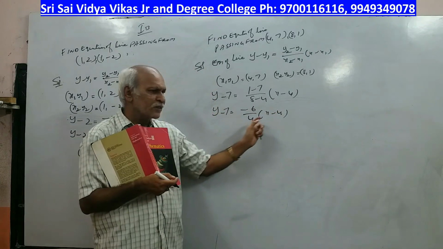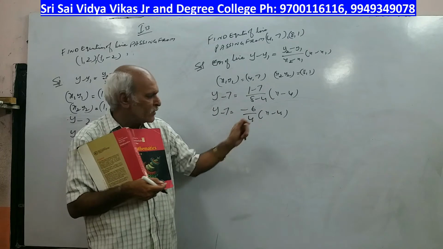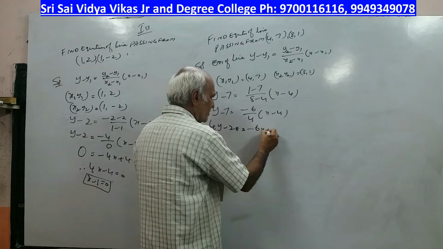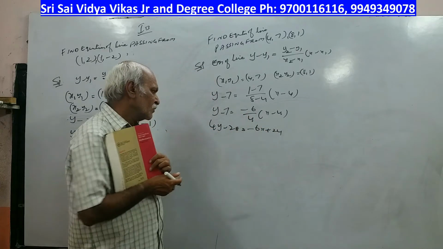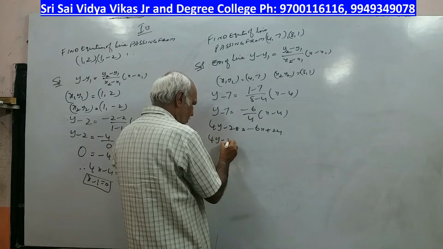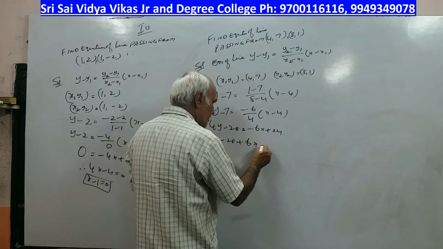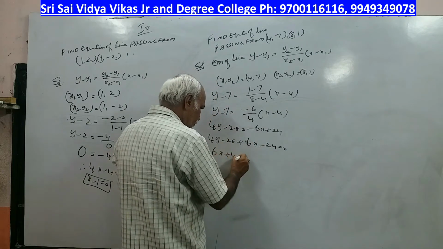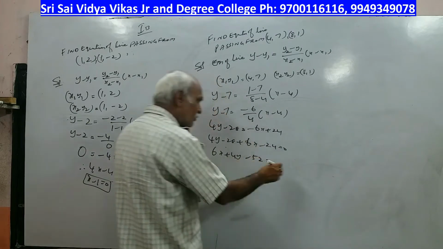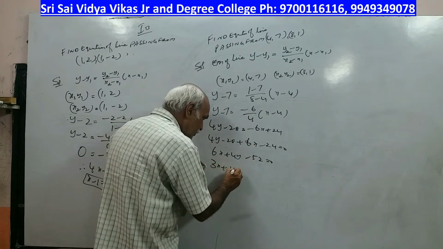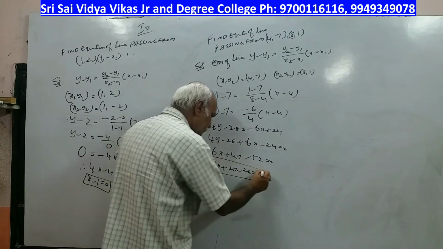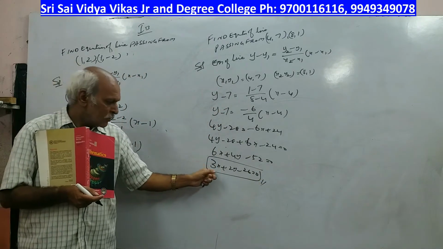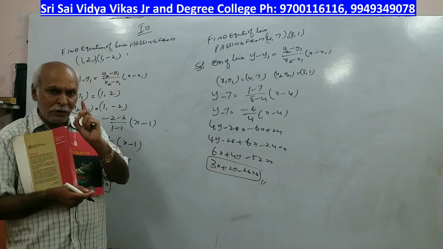Don't do any calculation, sir. Don't make 3 table or 2 table or don't do all that, sir. Simple cross multiplication, sir. 4y minus 28 equals minus 6x plus 24. Simple cross multiplication. So bring the term this side. 4y minus 28 plus 6x minus 24 is equal to 0. So this becomes 6x plus 4y minus 52 is equal to 0. Now you cancel with the 2 table. 3x plus 2y minus 26 is equal to 0. Okay. What is the answer? 3x plus 2y minus 26 equals 0.